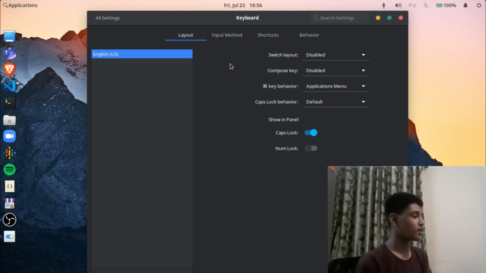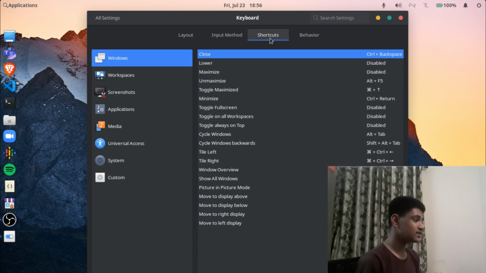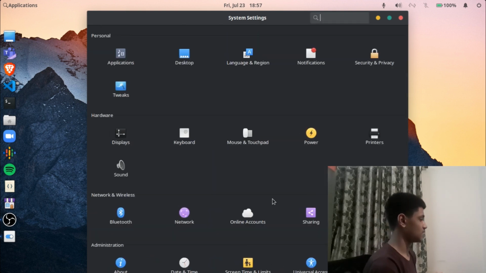Now another thing that I recommend everyone to do is to change the keyboard shortcuts, or at least go through this list and learn some keyboard shortcuts, because learning these kinds of keyboard shortcuts also helps your productivity. You'll be much faster on the computer, and it also reduces your wrist strain from moving your mouse here and there again and again. So I highly recommend that you dig into the keyboard shortcuts and learn these shortcuts, or if they are not working for you, just change them. You can easily change all these shortcuts. So I highly recommend doing that as well.